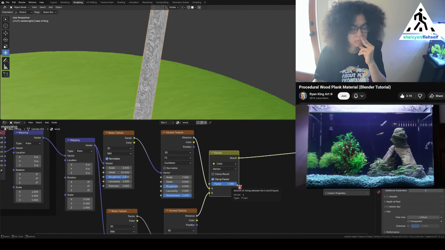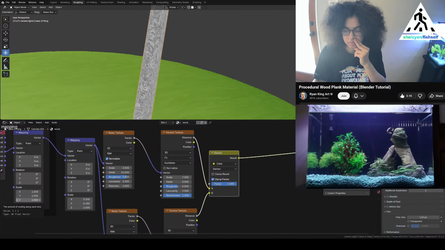There's kind of some bigger details and some smaller details. So let's box select all these nodes. I'll